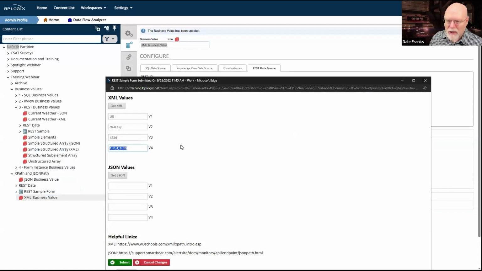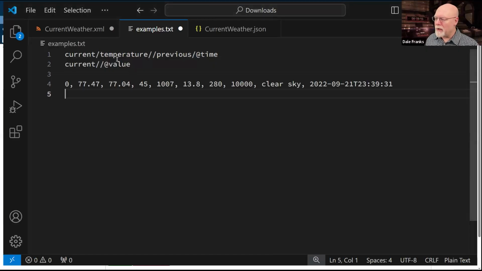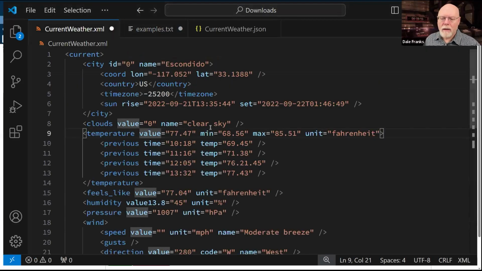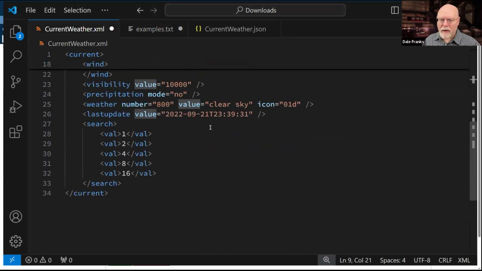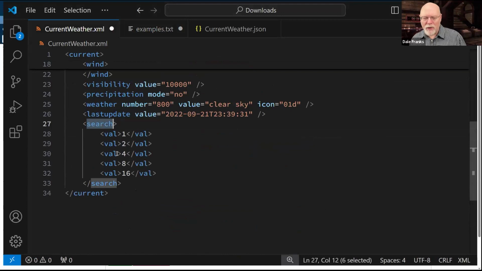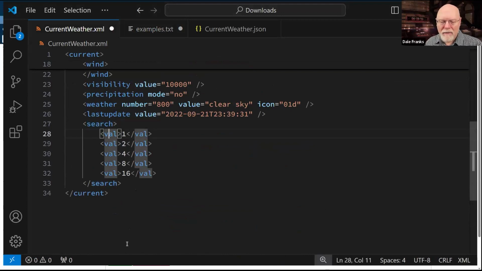And that's because I have an array inside my XML data. And it's way down here at the bottom. It's called search because that's really what I'm doing. And in search, I have a node called val. So this is a real simple structured array, and it just contains these 5 values, 1, 2, 4, 8, and 16. They are called the val.